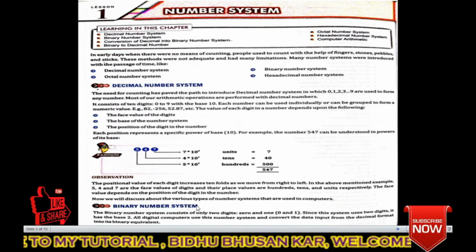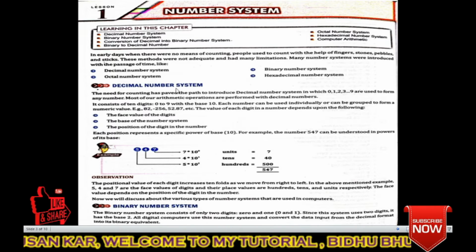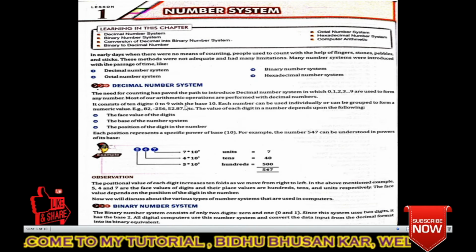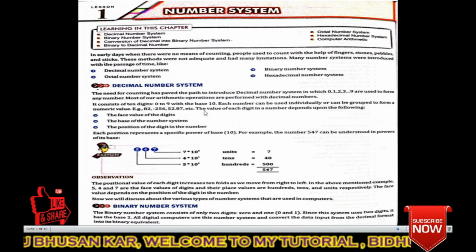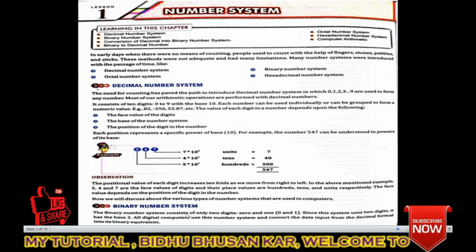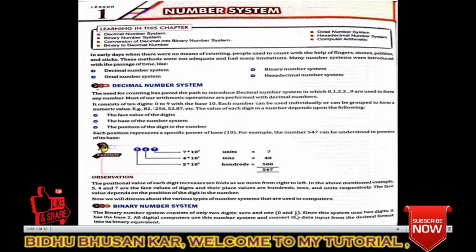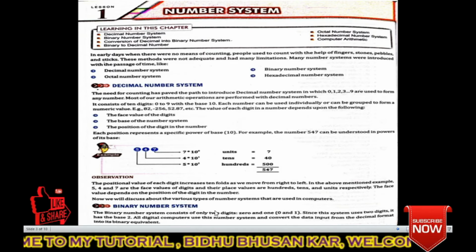Like this, the binary number system. Bi means what? 2. Okay, so decimal means 10. So what are the digits used here? 0 to 9, means a total of 10 digits, so its base is 10. Like this, in the binary number system, you guess what numbers are there? Right, 0 and 1. So these are two numbers, so its base will be 2.